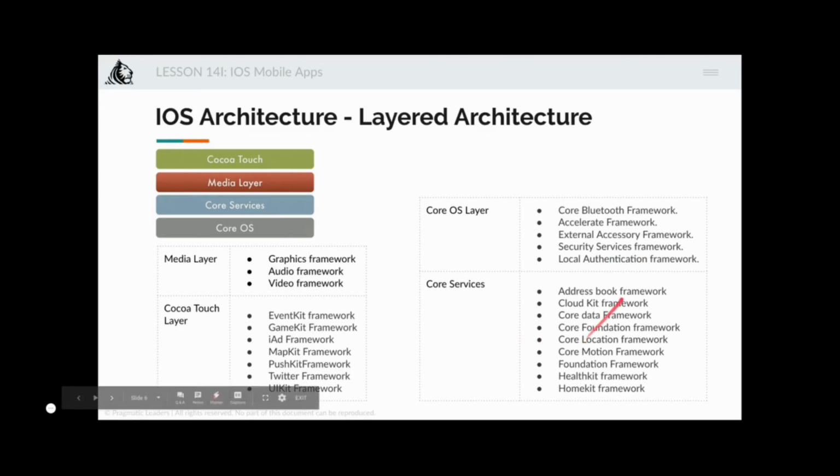On top of this is the core services, which is like address book, CloudKit. CloudKit handles all the cloud services of Apple. Core Data, Core Foundation, Core Location, Core Motion. As the name suggests, Core Motion is more to do with how the phone is moving around, right? Which can be used for healthcare apps, wellness apps to detect whether the person is running, walking, doing whatever, right? Then there is the Foundation framework, which, as the name suggests, is foundational to a lot of other things that an iOS app is capable of. Then there's HealthKit, there's HomeKit,